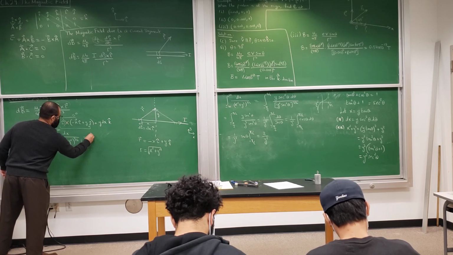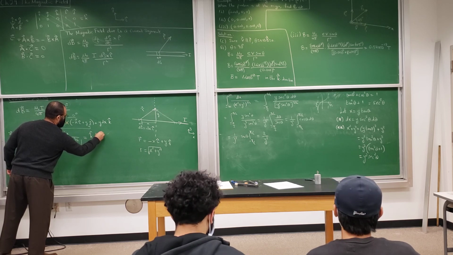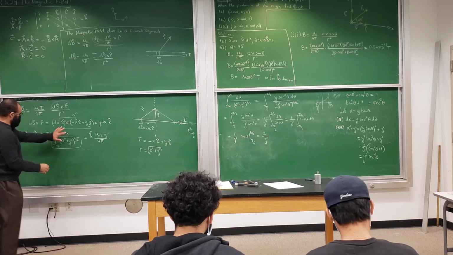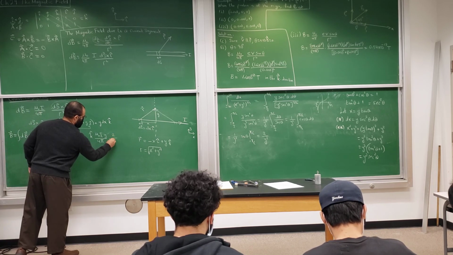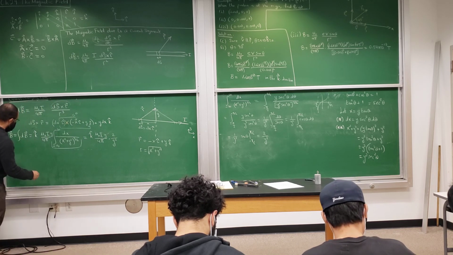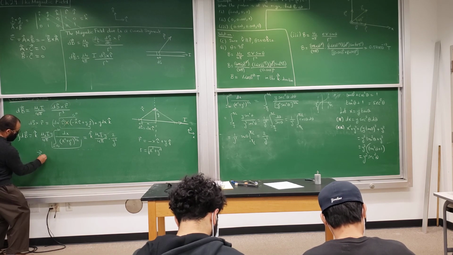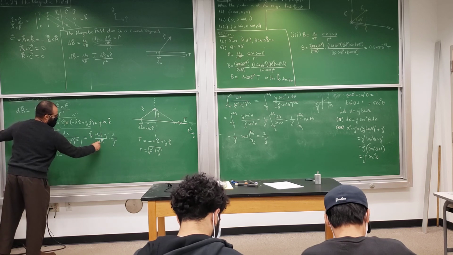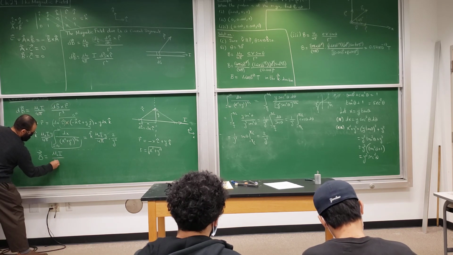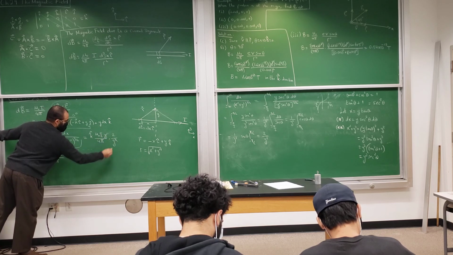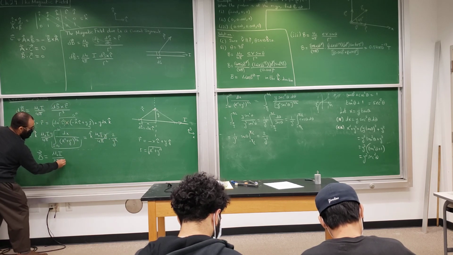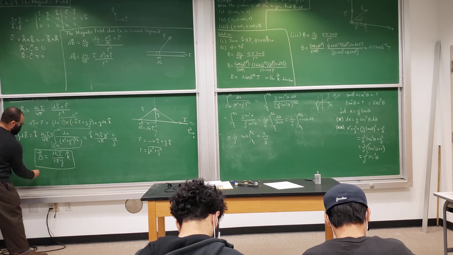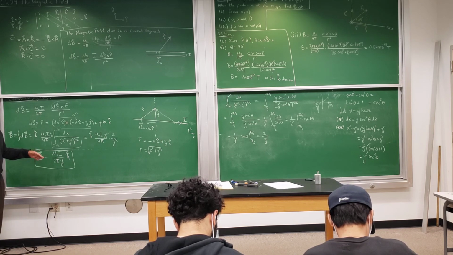So we get our k hat mu naught I y over 4 pi, and then that integral became 2 over y squared. So B therefore will be mu naught I, 2 over 4 pi is just 2 pi, and then you have a y here and a y squared, you get y, and of course the k. So from now on, if you have a very long wire, this is the